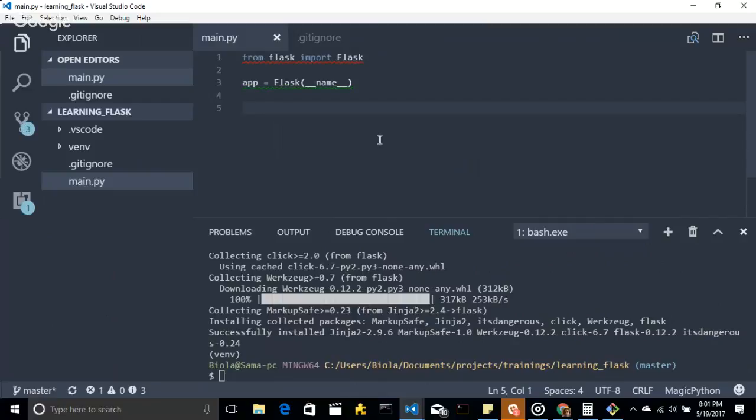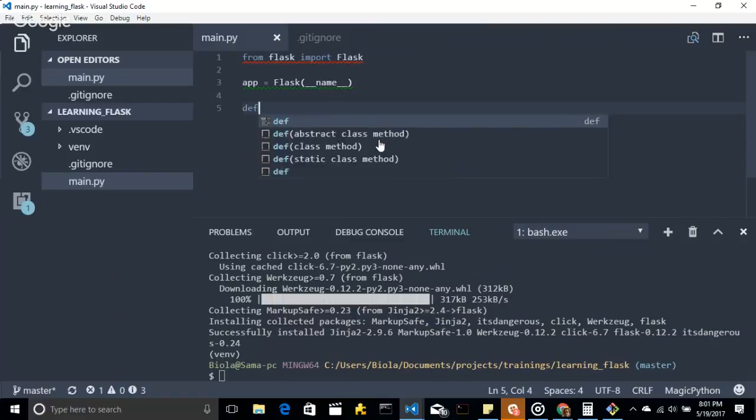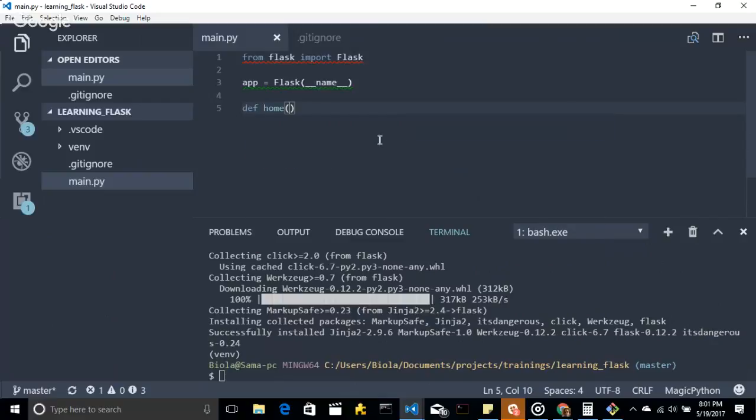In Python, a controller is also known as a view. That is a function that is responsible for intercepting a request and returning a response. So I'm going to call it def home. Just a simple function in Python, and we're returning a single string, hello world. Now I just created a simple function, but this function is not a view yet without wrapping it with a